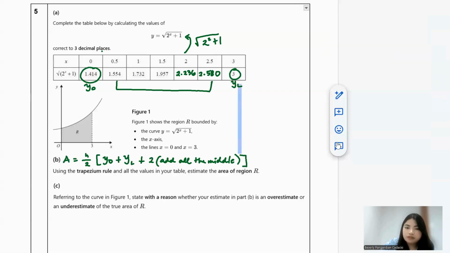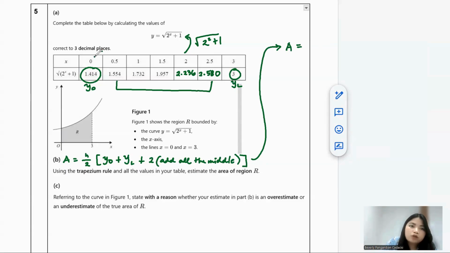What I want to see at least is A is equal to, oh yeah, we still don't have h. And how to get h? You can use the formula from your lower limit to your upper limit, but actually you can just take a look at this one. 0 becomes 0.5. 0.5 becomes 1. So what's the jump? It's 0.5, right? So basically your h will be just 0.5 over 2.